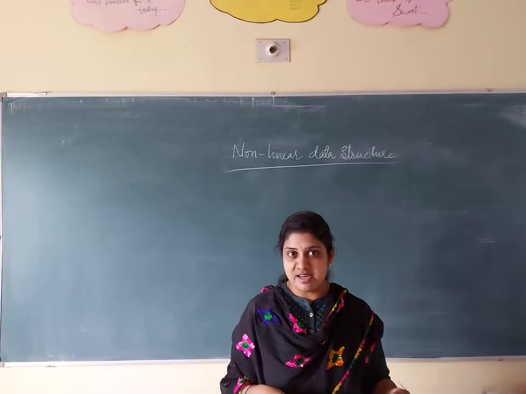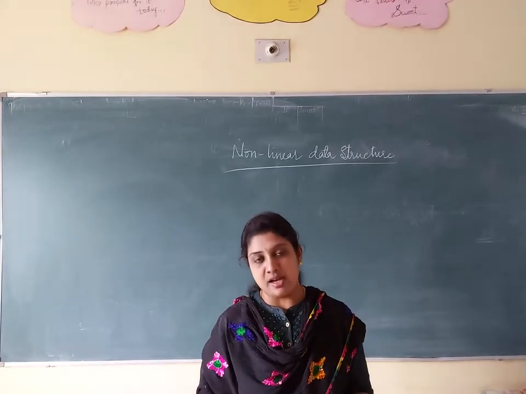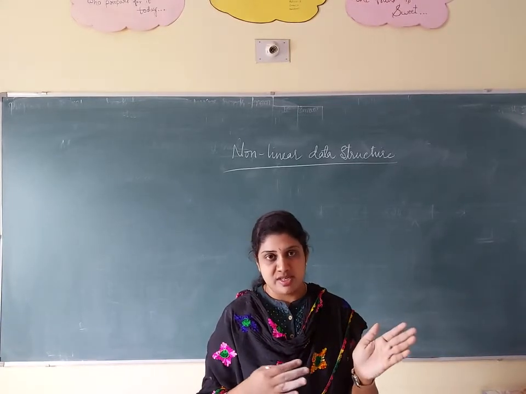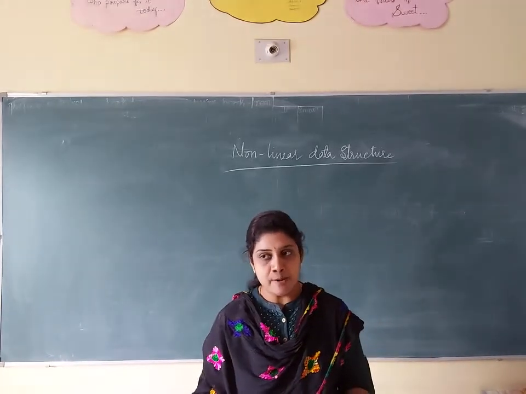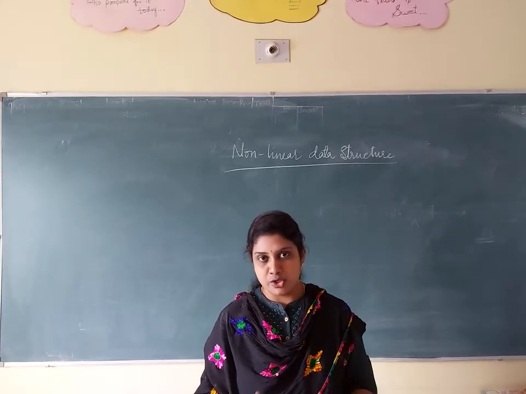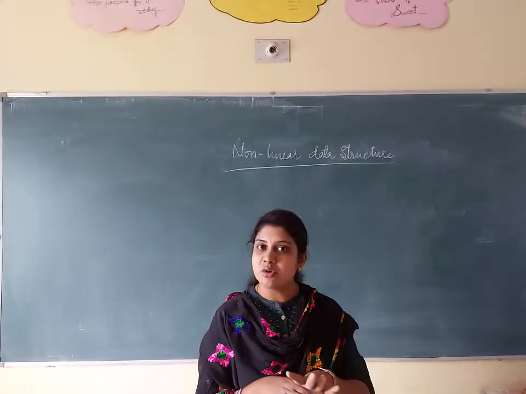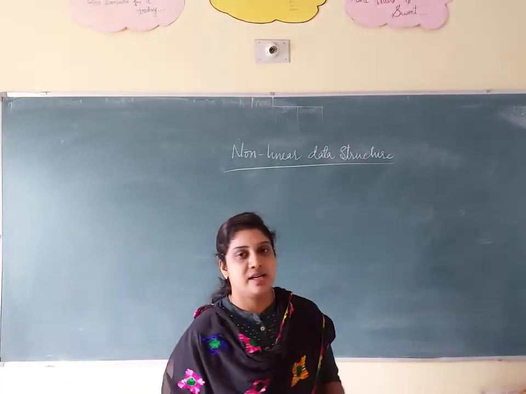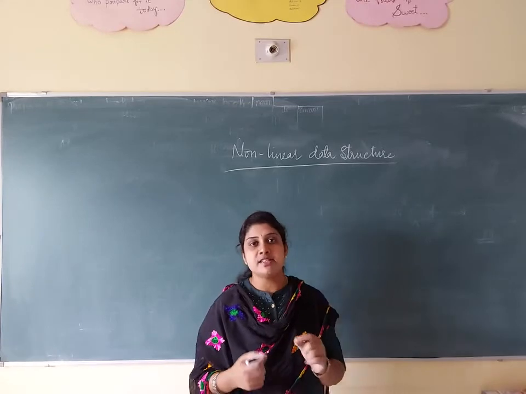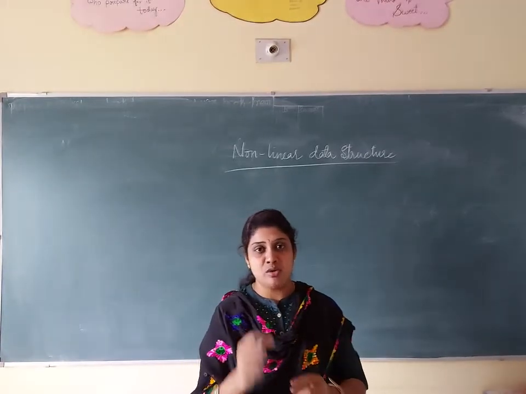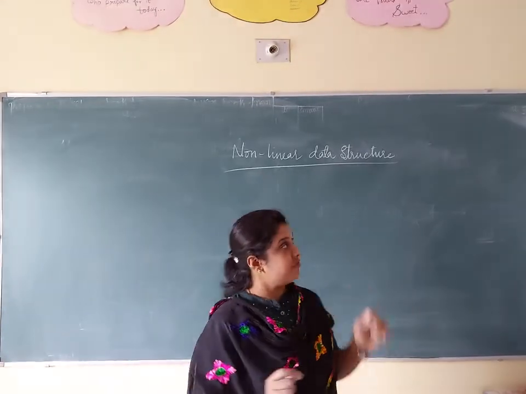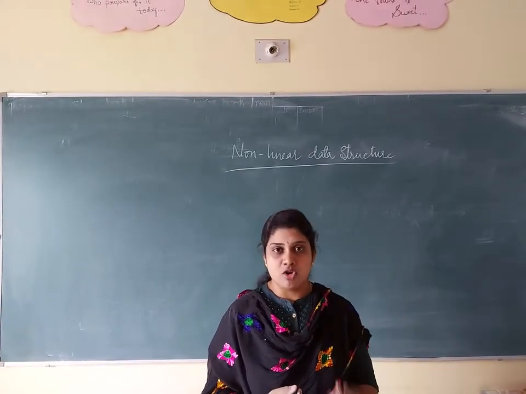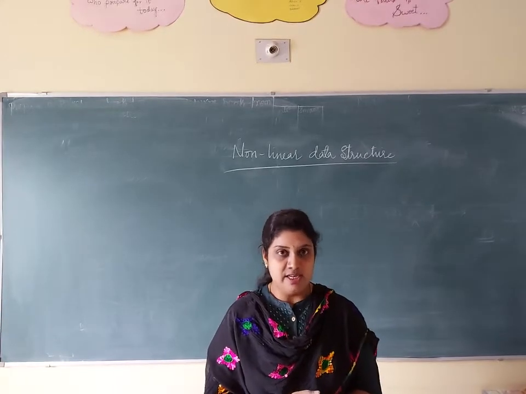What is meant by linear data structure? Suppose you take arrays. The elements can be stored in an order, in sequential order, and according to that you are going to perform operations. But here it is not stored in any order, like random we can call. So a non-linear data structure is a data structure in which each node is connected to several other nodes. So what are the pros and cons of this non-linear data structure?